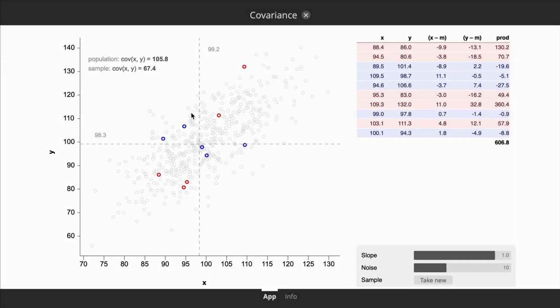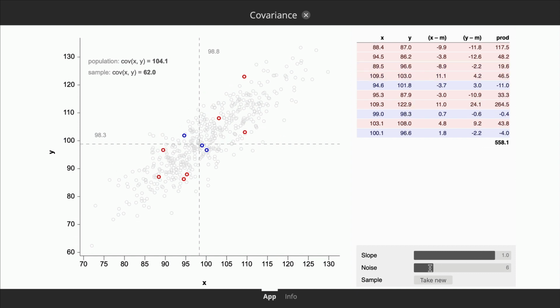This app visualizes how covariance is calculated. What you see here is a population. All these gray points are part of the population. Every point is represented by two variables, x and y. You can also see that there is a linear trend between these two variables, which can be made